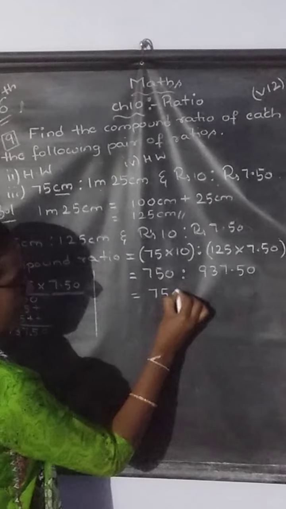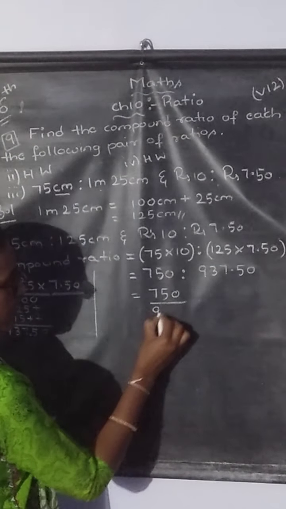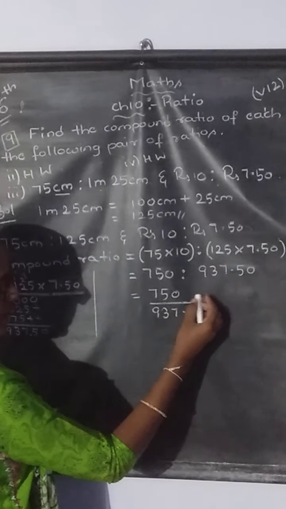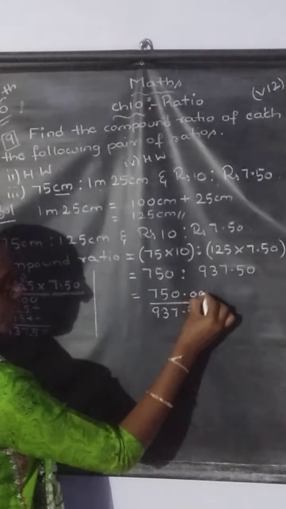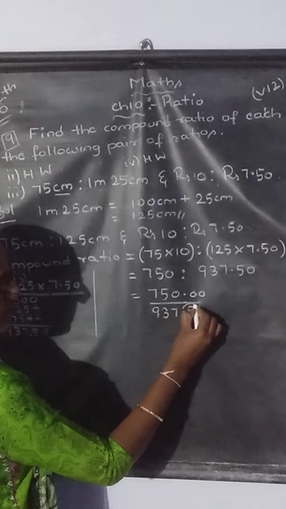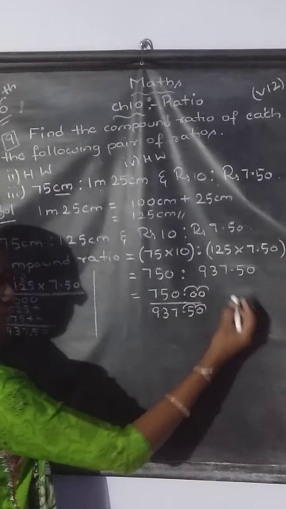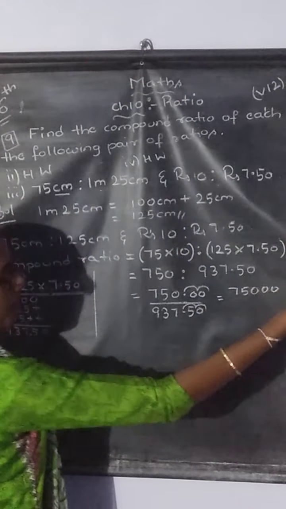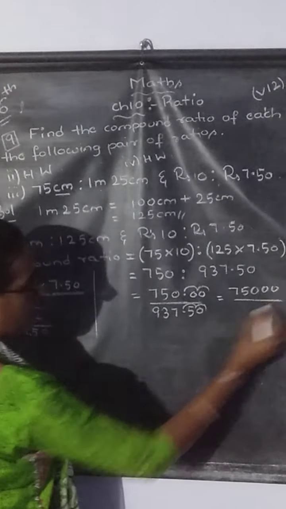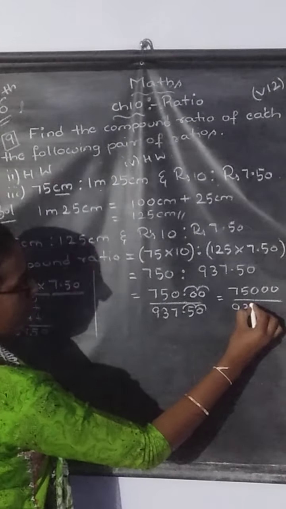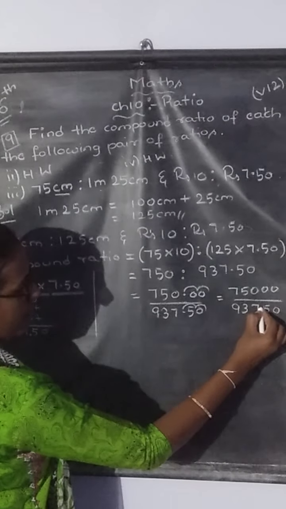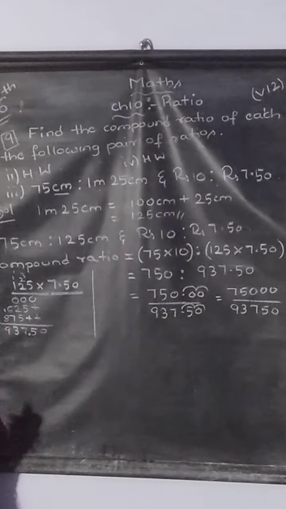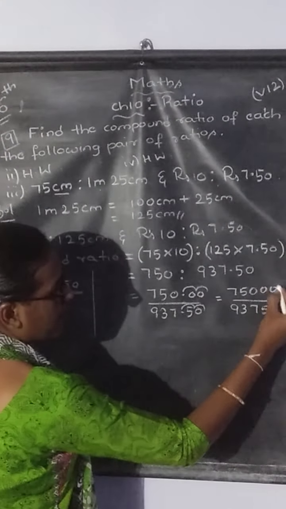How? Take out 750. This is the numerator. And this one you take out in the denominator, that is 937.50. Okay, point after 2 digits. So here also you keep 1 point and you put 2 zeros. Okay, now you just shift the decimal place. 2 places you shift, here also 2 places you shift. Okay, so it will become equal to 75000 point. Point afterwards nothing is there, that means only 75,000 by 93,750. See, the point was here, now when it is shifted by 2 places, it will come here. Point after nothing is there, means you can just write down only that much. Okay. So an equal number of zeros are there, so you can cut it.